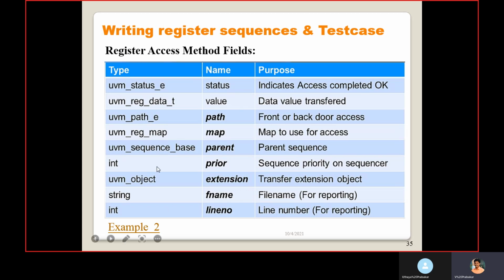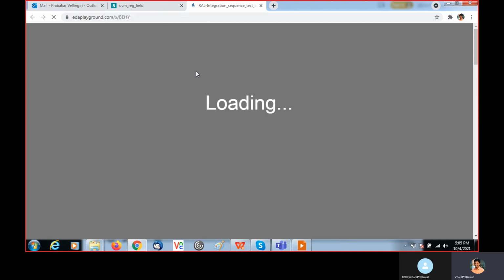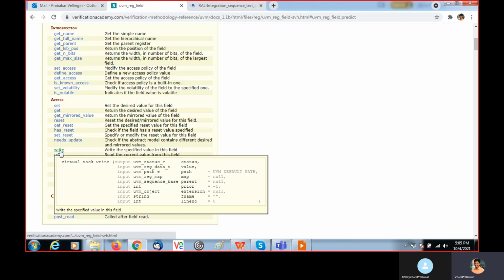For example, if we take the write task, it will write a specified value in the field. So we need to pass these arguments.